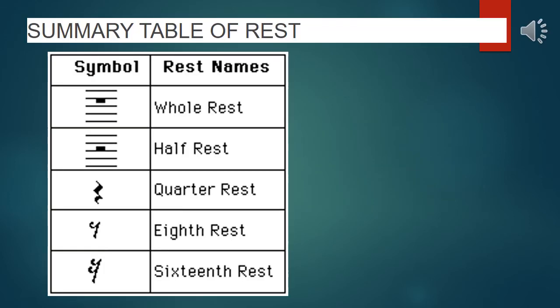Now here is the summary table of rest in music. The first one is whole rest, half rest, quarter rest, 8th rest, and 16th rest. So we have 5 different types of rest. Now let's try to spell this rest. Whole rest,